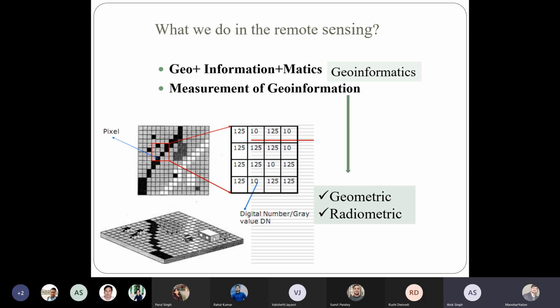The same field. So the Geo-Informatics is related to the Earth surface in